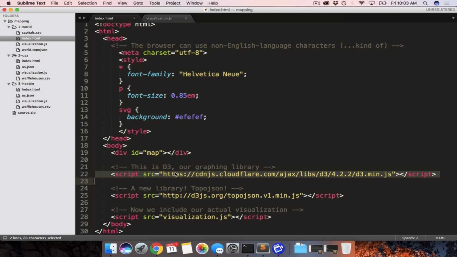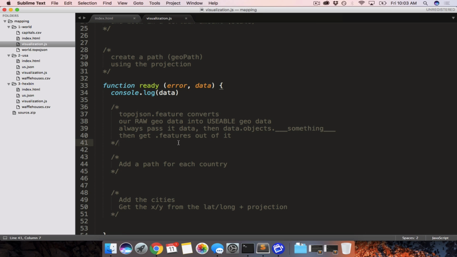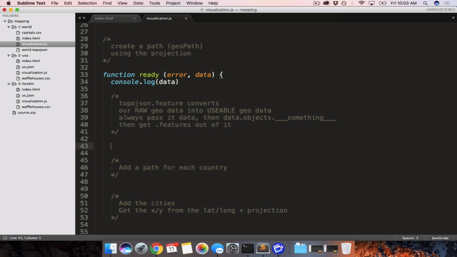So we're pulling in D3, then we're pulling in topojson, and then we're including visualization.js, which is our file. So just make sure that anytime you're doing maps, you include topojson as a library. So we are going to use something called topojson.feature, which is going to extract all of the countries from our topojson and turn it into something we can use. So var countries equals